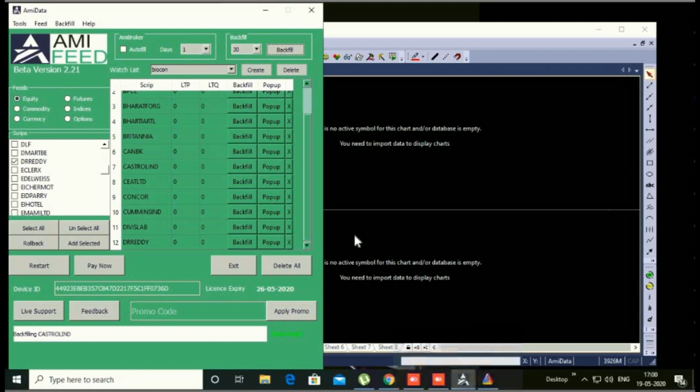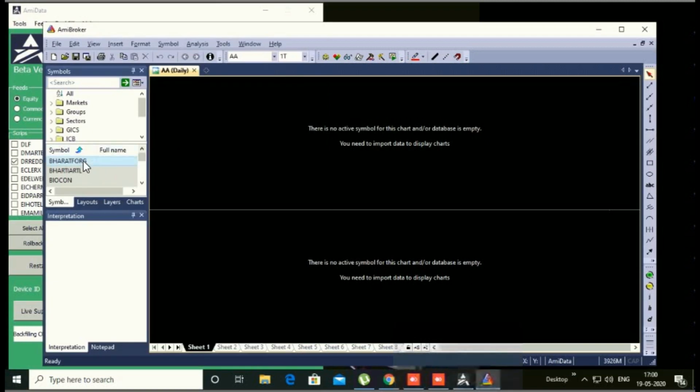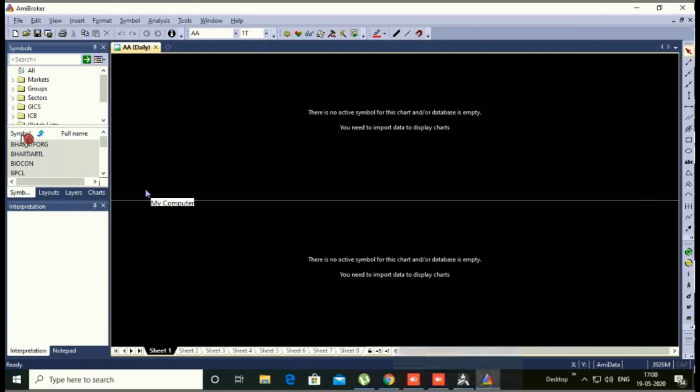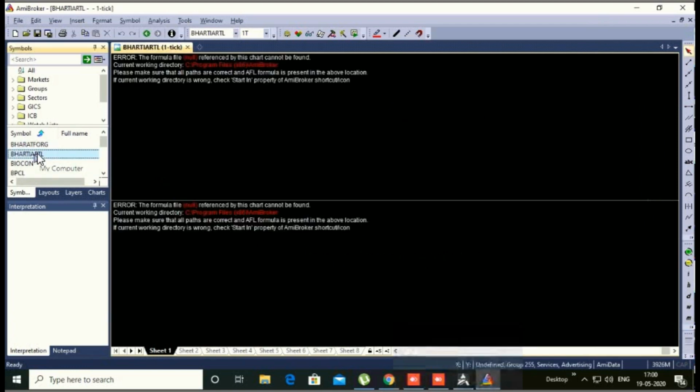Then after selecting all these things, on the background side, open your AmiBroker. Then on the left hand side, some stock names will appear like this. You can see right now we selected Bharti Airtel.